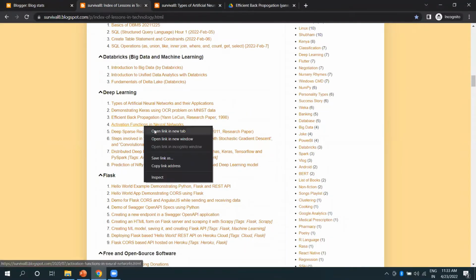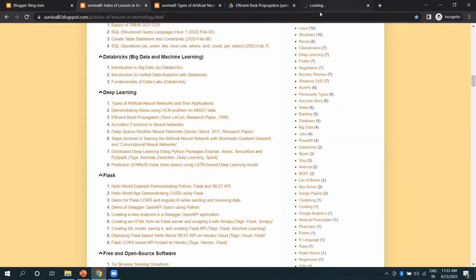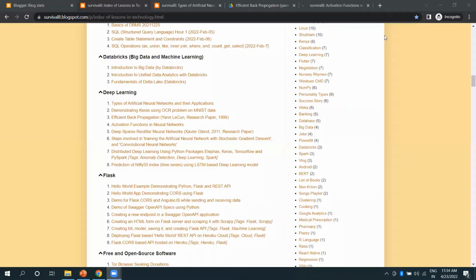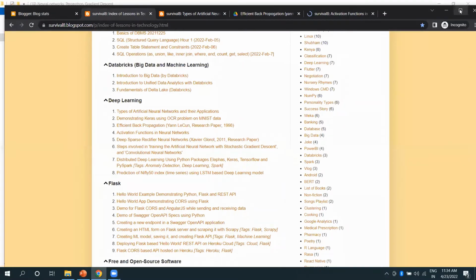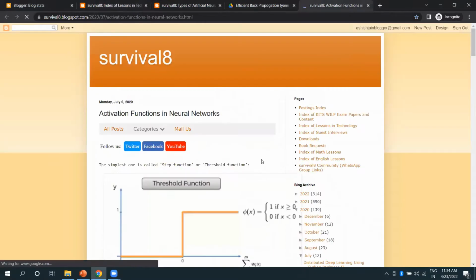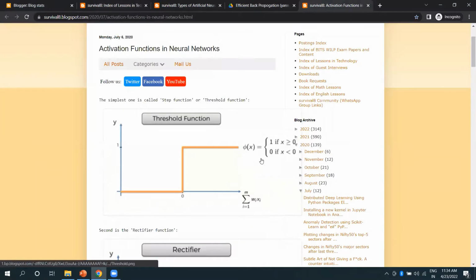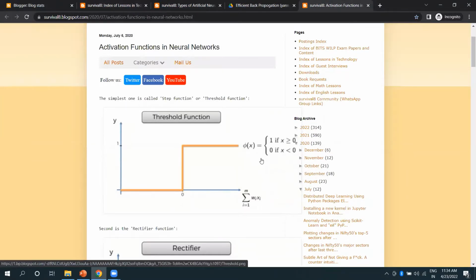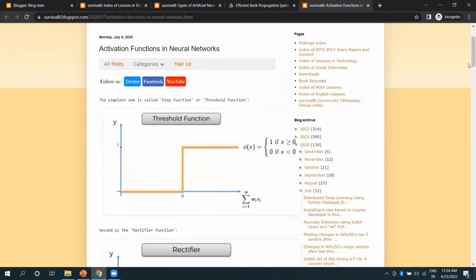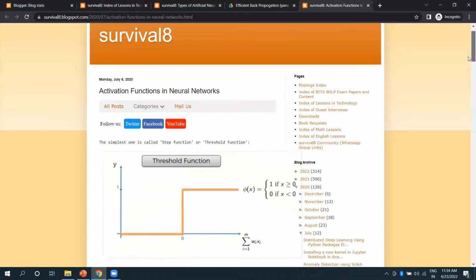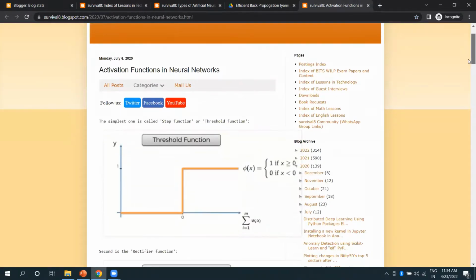A couple of things that you should be aware of are the activation functions. The threshold function is also called the step function. Why are we doing this? This is going to form the basis on which you would